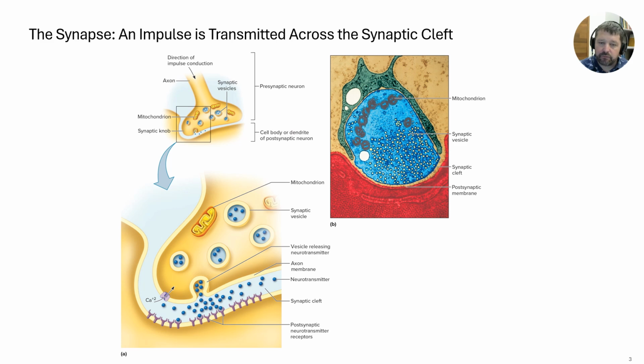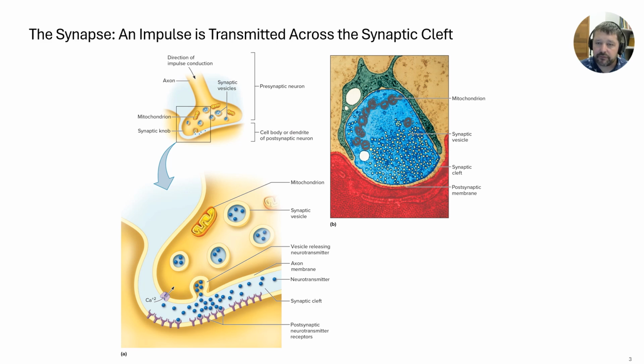That then will bind up to some kind of receptor on the nerve that it's communicating with, the postsynaptic nerve, or a muscle. It doesn't really matter. Same kind of premise works in both. Okay, and they bind up, and that changes this membrane's composition, which normally it's opening up sodium channels so sodium can flow in. Okay, and here you can just see kind of what it looks like when you do a cross section of that synaptic knob.